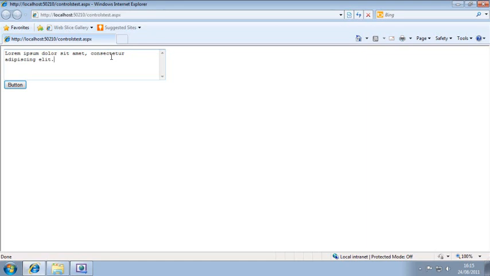As you can see, the MaxLength property has had no effect. The user can still enter as much text as they like. Close your browser